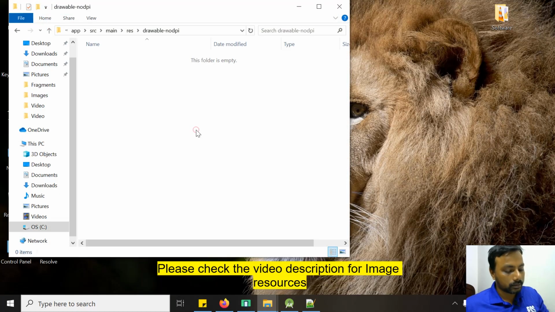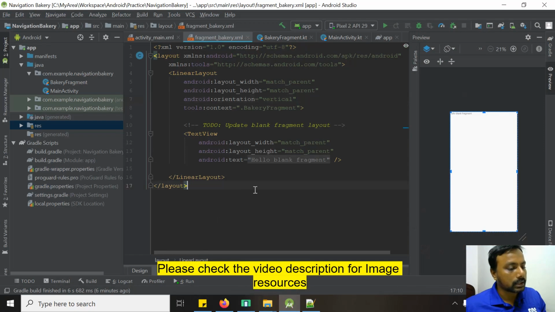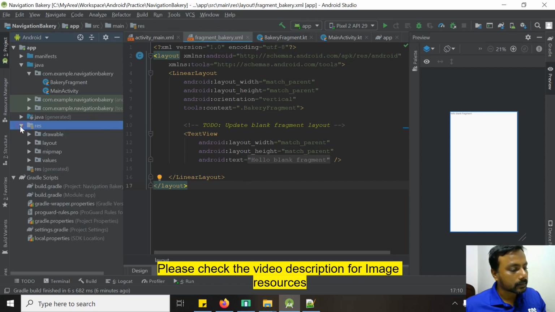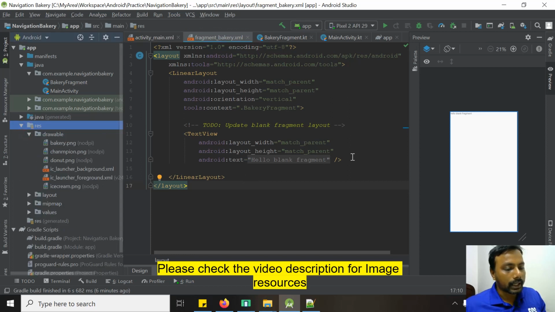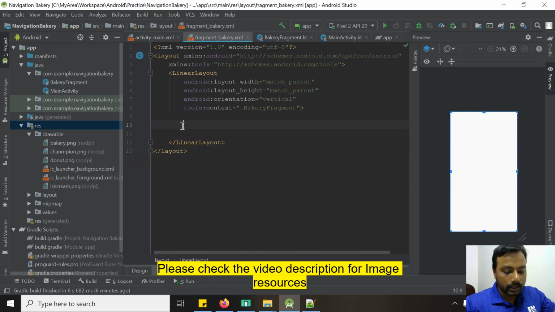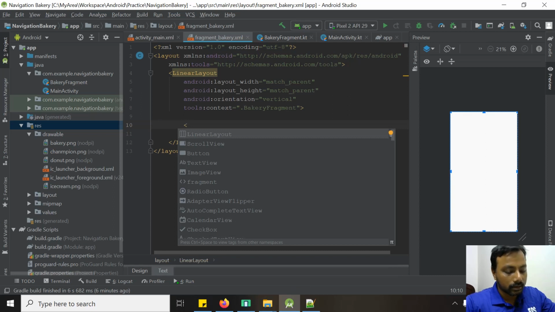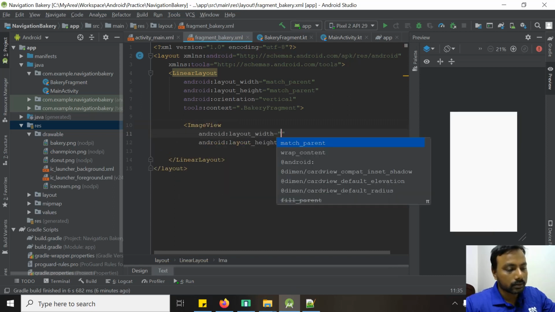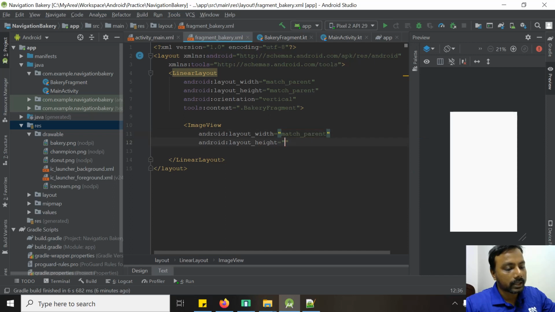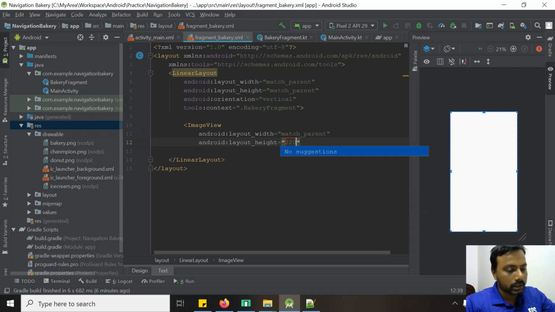So we got those images, and now we will add an ImageView inside the linear layout. The ImageView width will be match parent and height we will use 220dp,